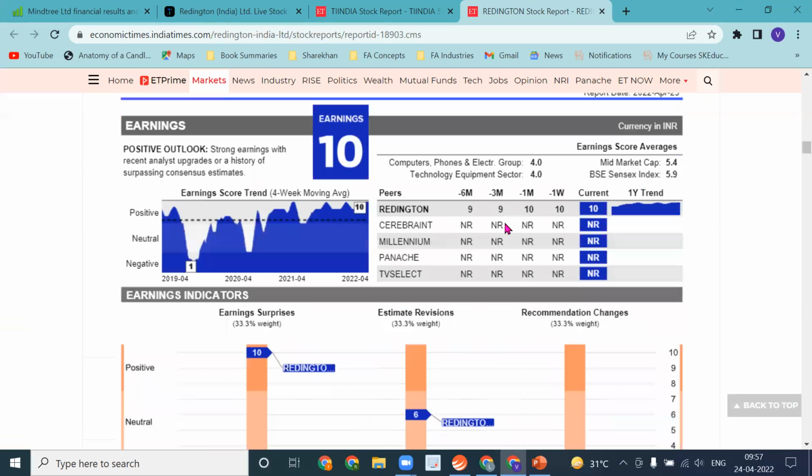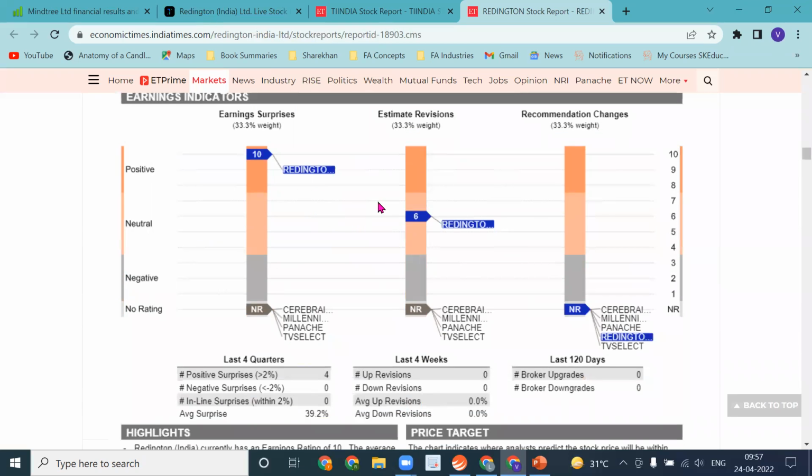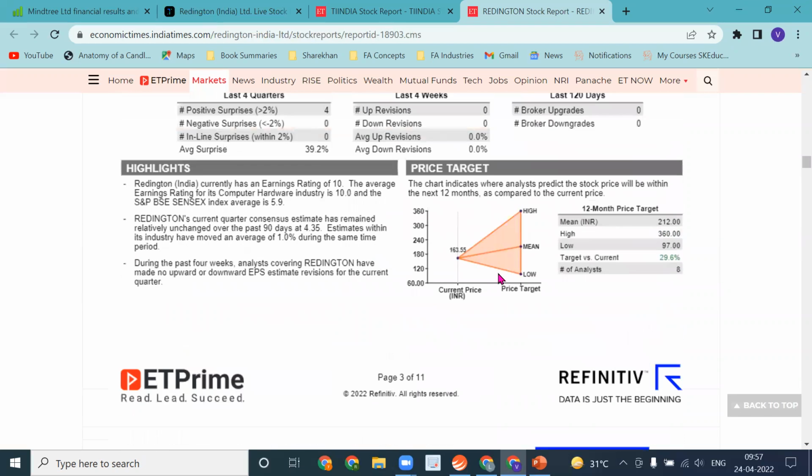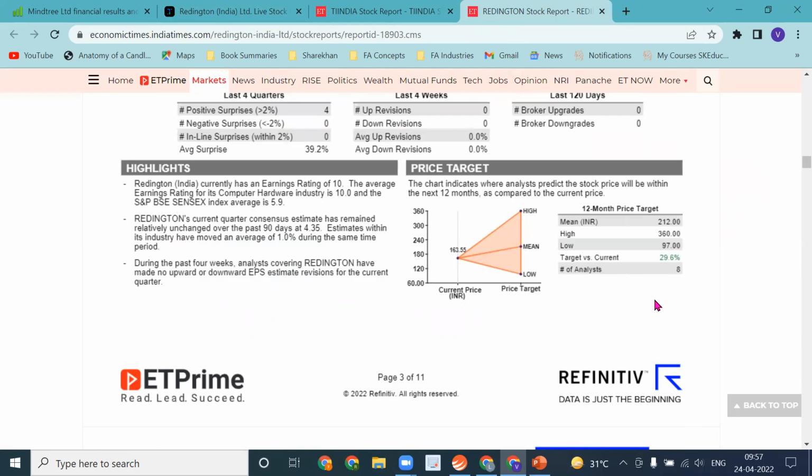थोड़ा आप करेंगे, खुद करेंगे तो ही पता चलेगा. So look at all these things. Now from here I can tell you your price targets. What we saw the target in trend line, how much it was? Here it is 191, 200. You can see many similar values you will find. Okay, here it is saying 163, say mean will be around 212 and the high can go as high as